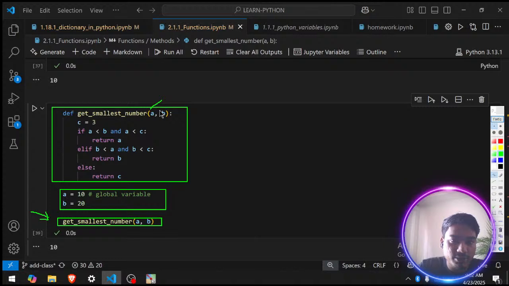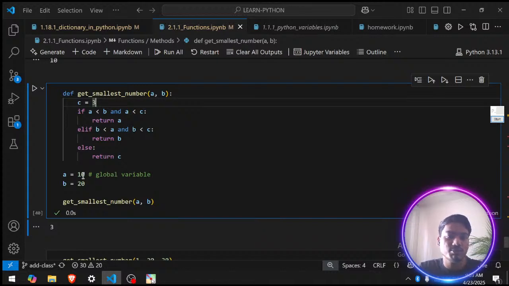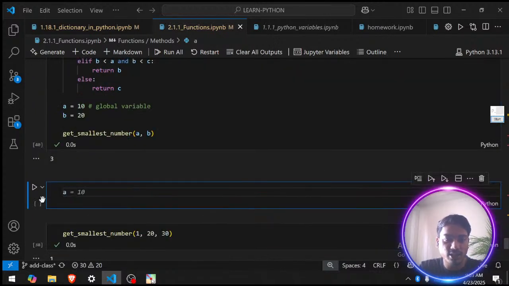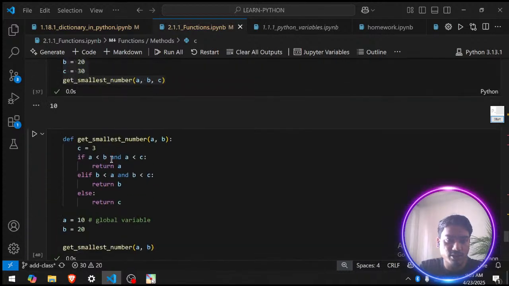For the function, two variables are needed here, and we are providing two variables. The third variable is inside a function, and that is being used here. Nicely, so if I run this I will get the smallest number as 3, because 3 is the smallest number among 10, 20 and 30, right. But if I simply ask for a, I will get 10, but if I ask for c I will get